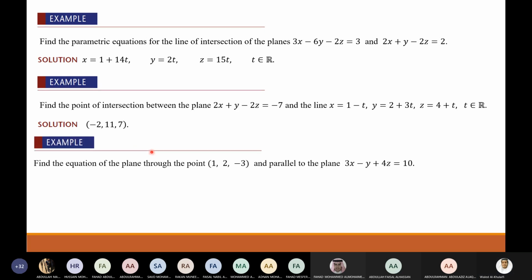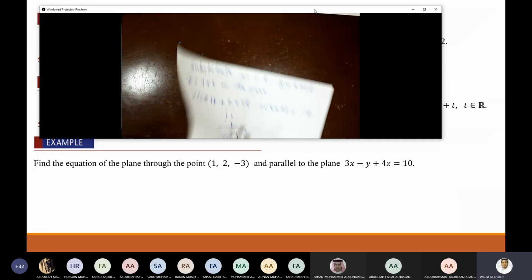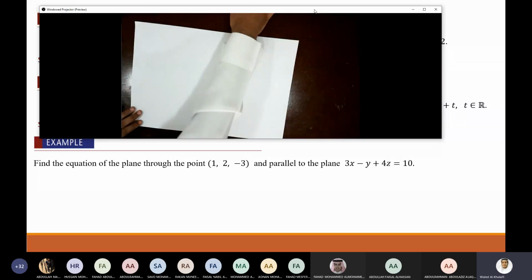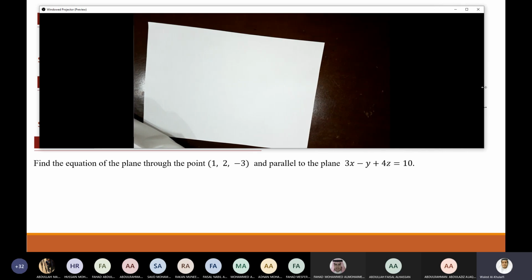Next. Find an equation of the plane through the point and parallel to the plane. We'll do this and then we'll stop. Okay, Shabab. Find the equation of the plane through the point and parallel to the plane. When you say find equation of the plane,